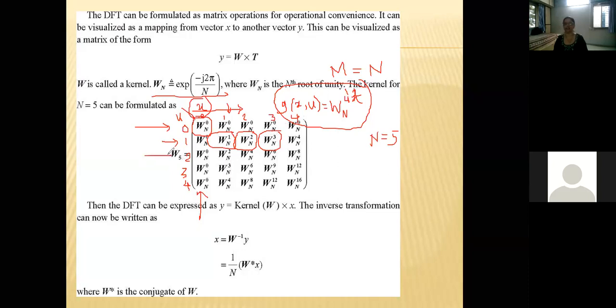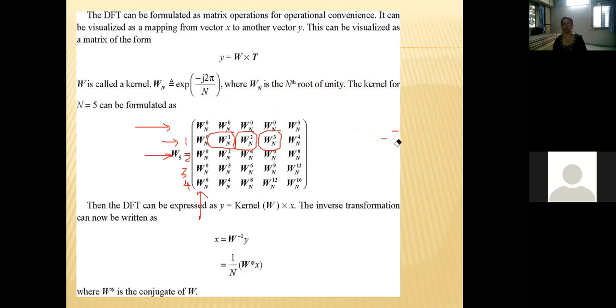The same process is used for all next rows. For the next row, u value is 2. So substitute u as 2, and x as 0 for the very first term, then 1, 2, 3 and 4. Respectively, you will get the coefficient values for this forward transformation kernel. Hope how this matrix is obtained is clear to all of you. If you have any query, please type in the chat box. We have obtained this simply by substituting respective u and x values for these various positions.